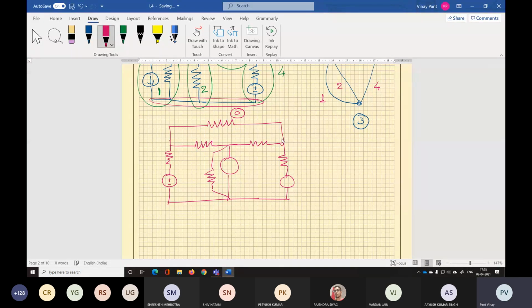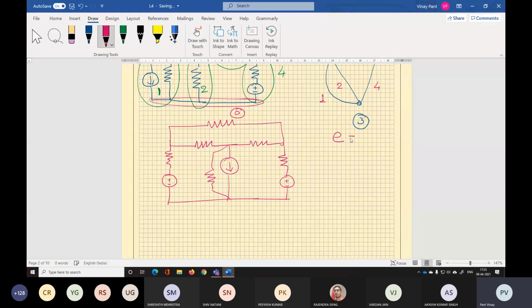This is the network. These are voltage sources. This is a current source. This is a voltage source. Identify the first step. Identify the elements. Do that first and tell me how many elements you see. 6 elements.